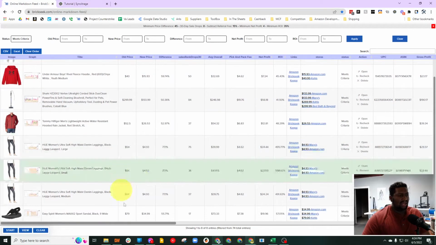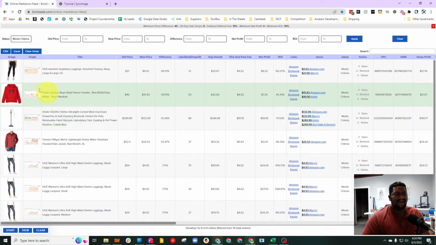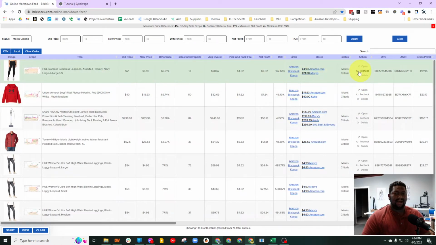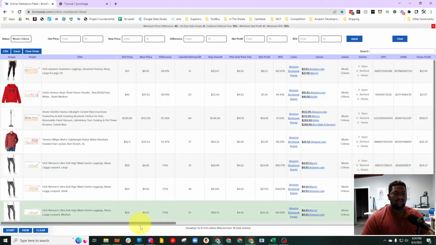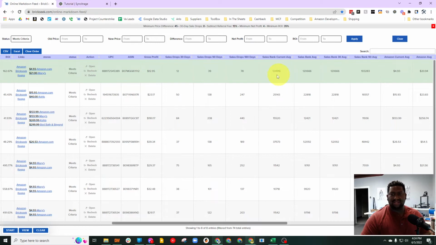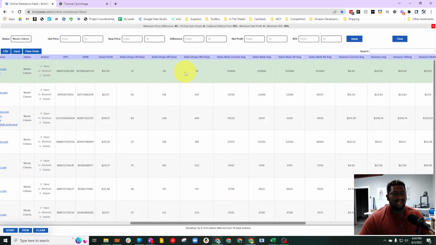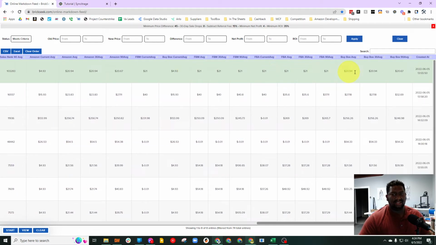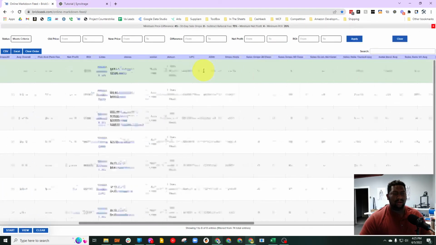But yeah, so I'm coming here, I'm evaluating, and I usually will just use the information from the Keepa graph to the buy button, and I can make a determination whether or not I want to purchase. But if you needed more, if you hold shift and scroll over, or you can use the bar down here, there's a whole plethora of information. I didn't think I was going to use that word today. I got it out. Of information that you could use to help you make a more informed buying decision. I mean, just look at all these columns that you can use to do that with. And so that's super helpful.